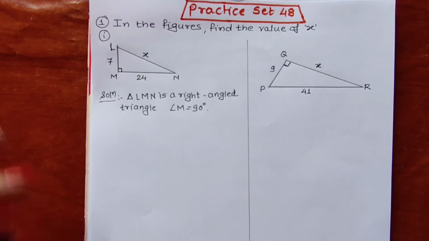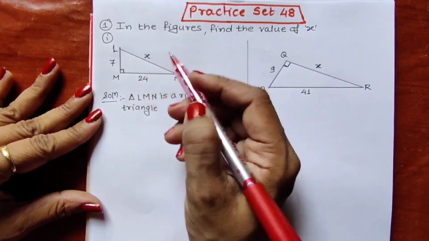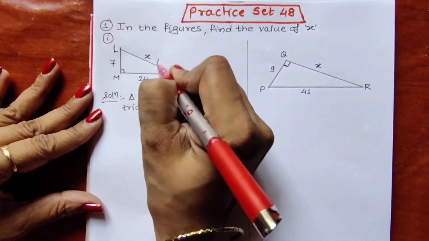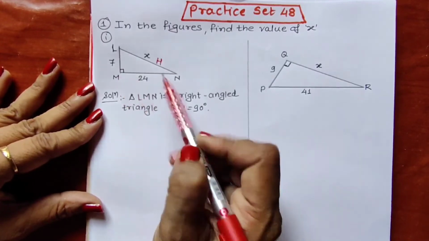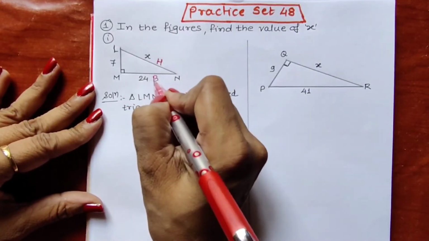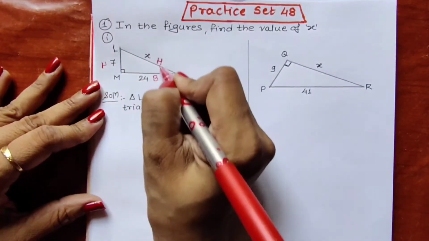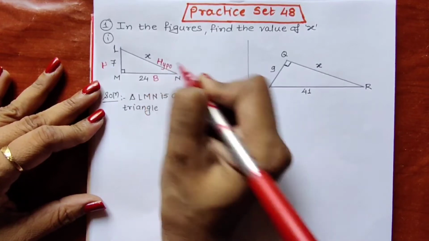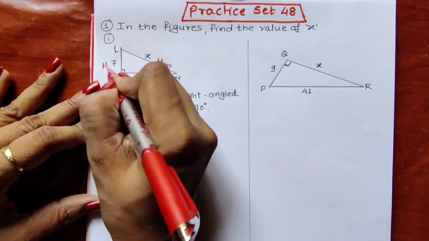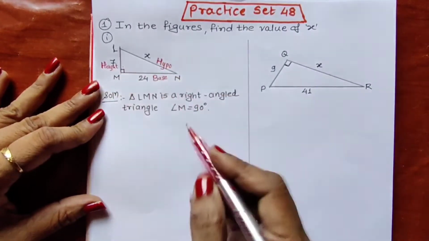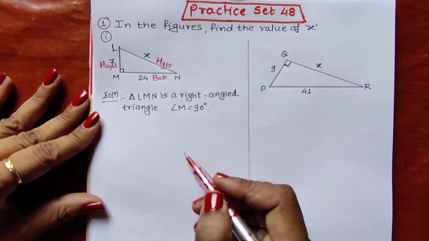Now as M is right angle, so the side which is exactly opposite to the right angle will be the hypotenuse. That means side LN is hypotenuse. Okay, and then from this remaining two sides LM and MN, one side will be base and the other side will be height. Okay, so here I will write hypotenuse means hypo, this is base, and this side will be height. So in this way we can find out the hypotenuse, base and height, so it will become easy to apply Pythagoras theorem now.